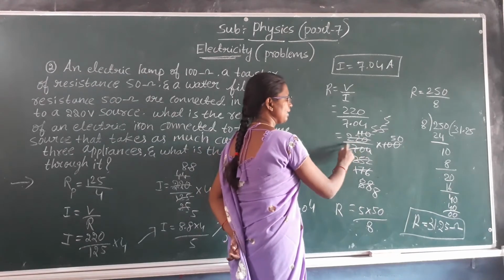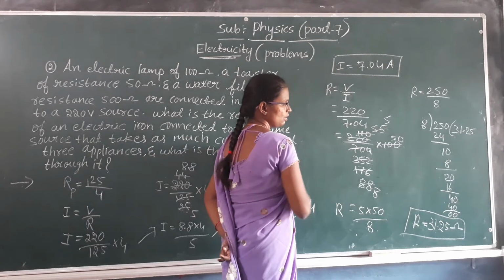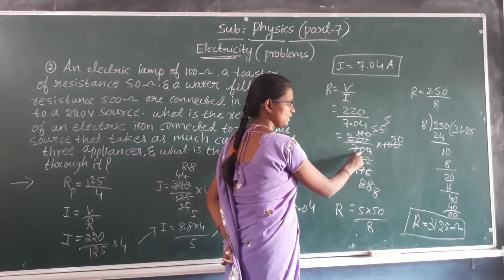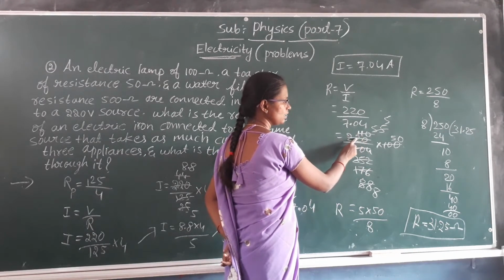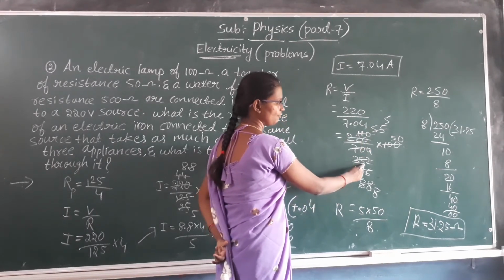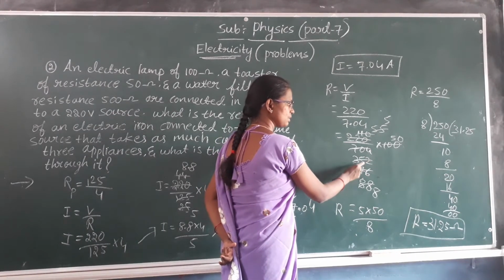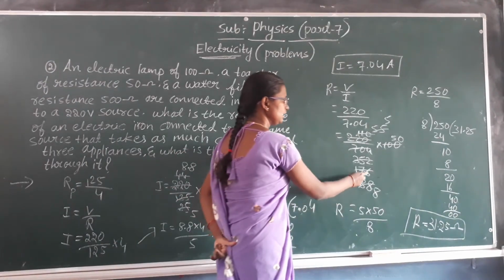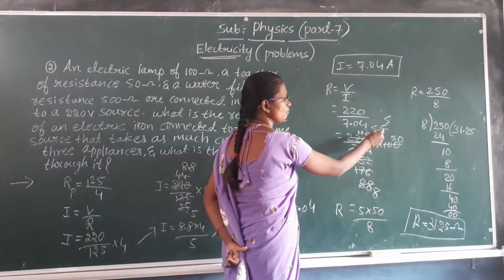Then 220 divided by 704. Using the table, you have to cancel. 2 3s are 6, 1 remains 10, 2 5s are 10, 2 2s are 4. Again, 2 1s are 2, 2 1s are 2, 0 as it is. Again 2 1s are 2, 1 remains 50, 2 7s are 50, 1 remains. Here 2 7s are 40, 1 remains. So total 12, 2 6s are 12. And here 2 5s are 10, 1 remains. So 1 0 10, 2 5s are 10.